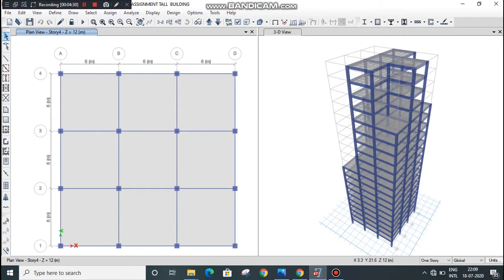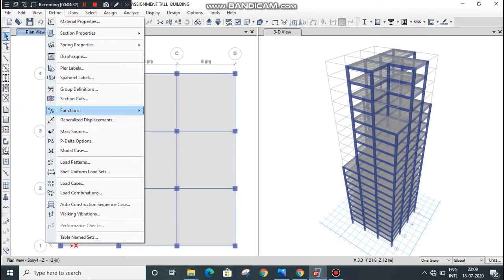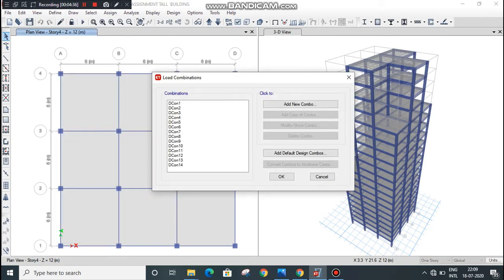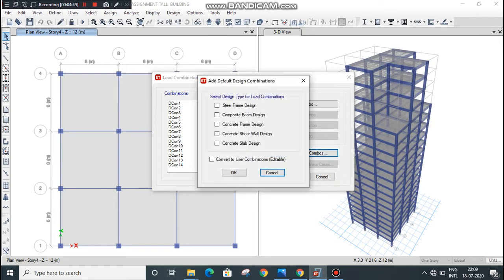Go to define menu, go to load combination. Now here you can see load combinations have been defined by the software itself, or you can go add default design combos, select concrete frame design, click on OK.